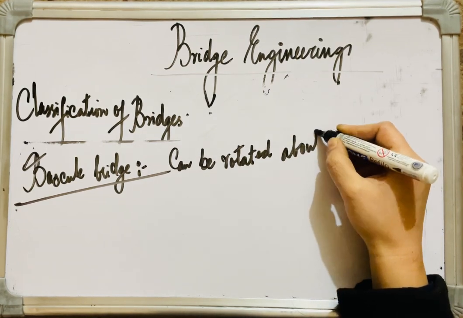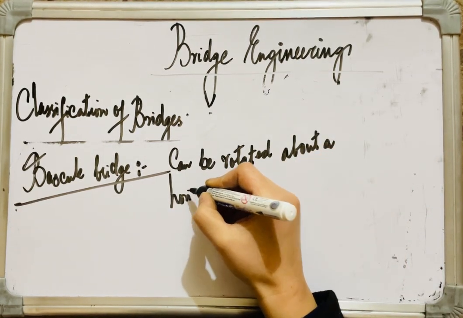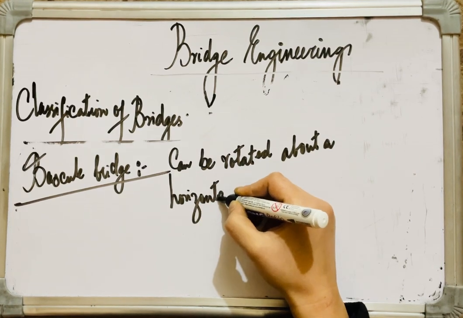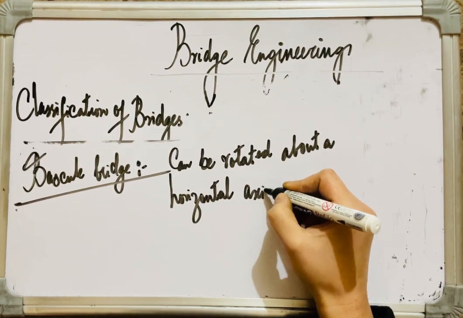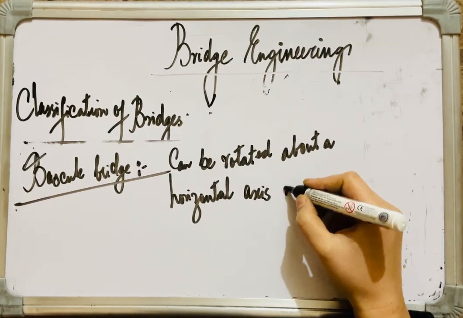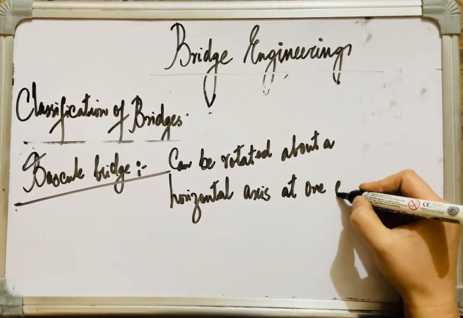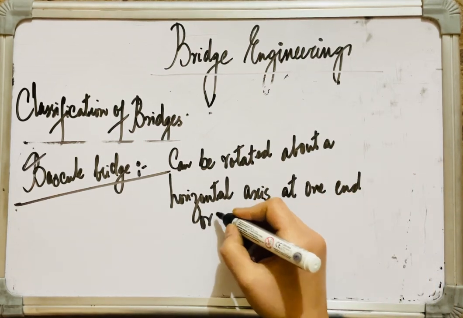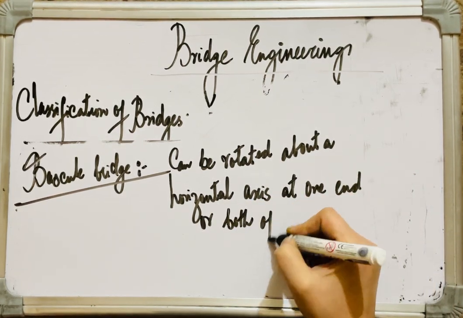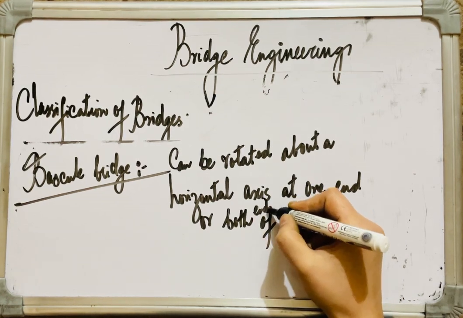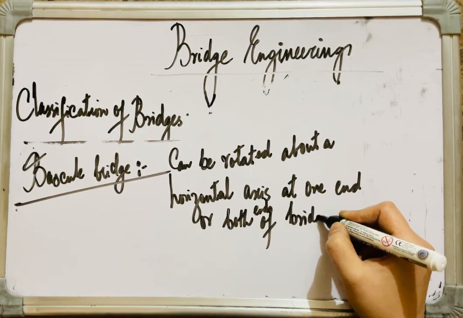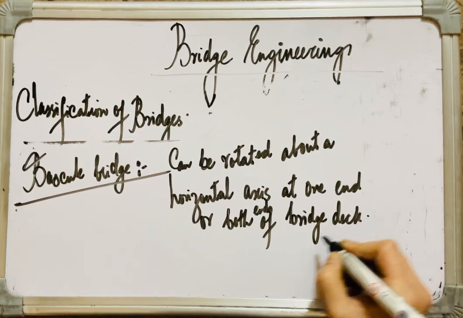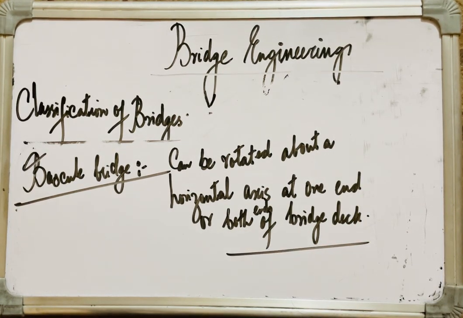So that type of a movable bridge wherein bridges can be rotated about a horizontal axis, at one end or both ends of the bridge deck. So a bascule bridge can be rotated. It's that type of a movable bridge in which the bridge can be rotated about the horizontal axis at one end or both ends of the bridge deck. Next one,